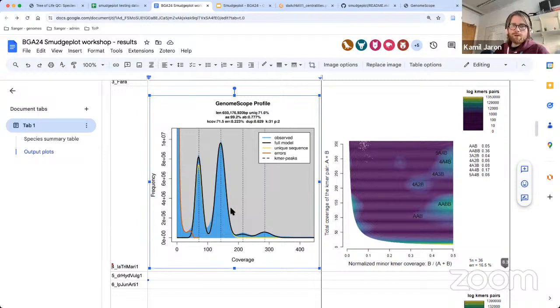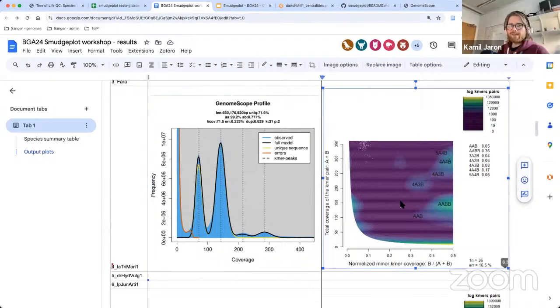What is the one in coverage by GenomeScope? The one in coverage by GenomeScope was 71. So it's basically double. And Smudgeplot? 36. So are they consistent? No, but the GenomeScope was set to 2n, and this is half of that. So that's why I thought maybe this suggests more of a tetraploid, not a diploid. But it doesn't work that way. It works that way with genome size. It doesn't work like that with the one in coverage. It would if the real heterozygous peak was here.